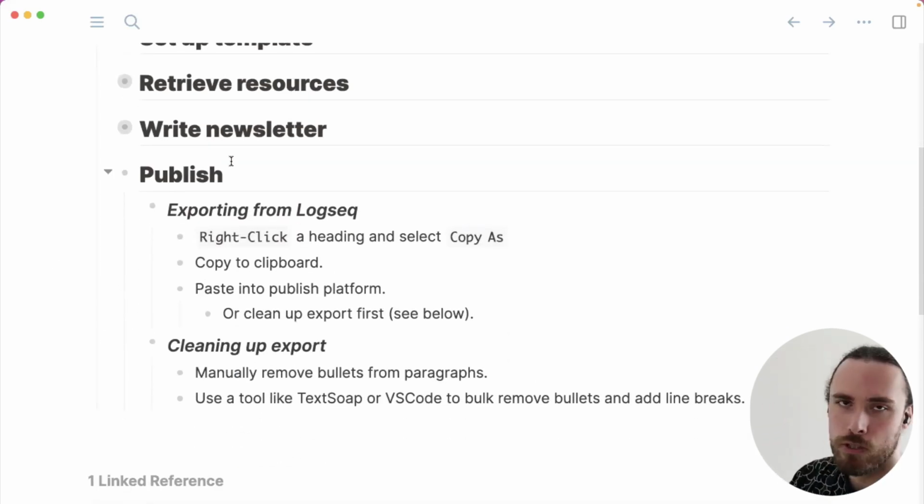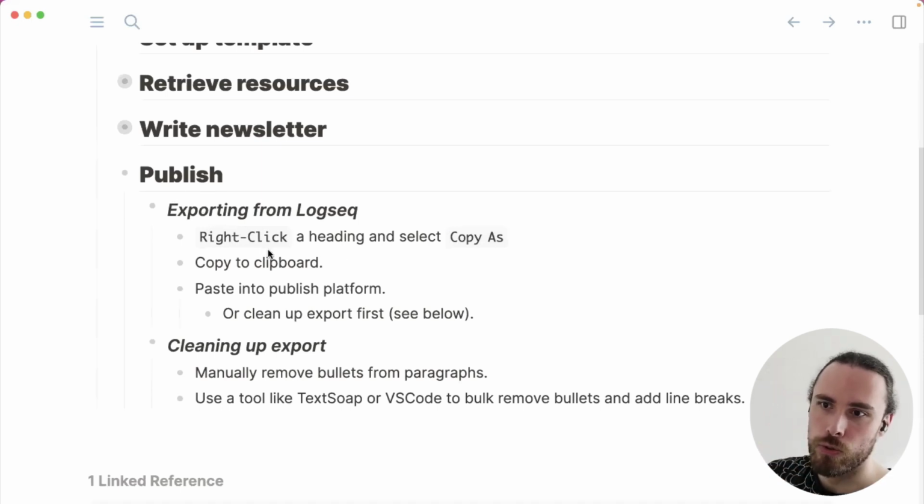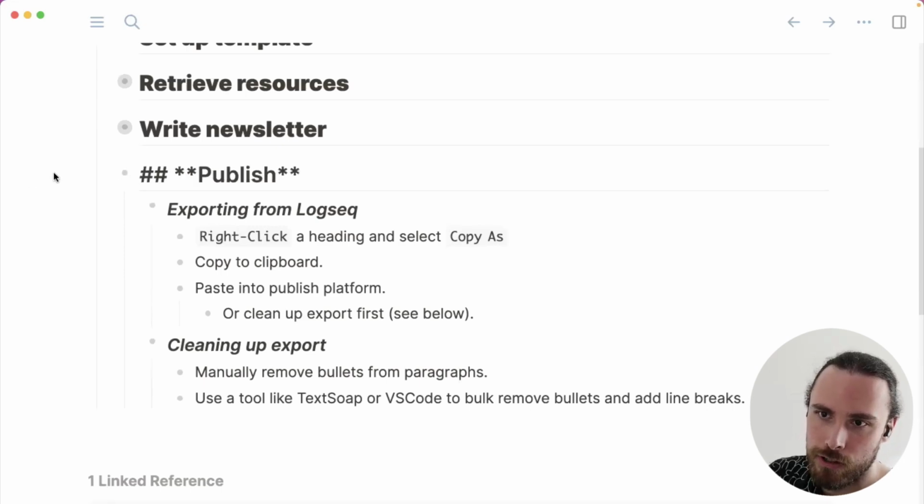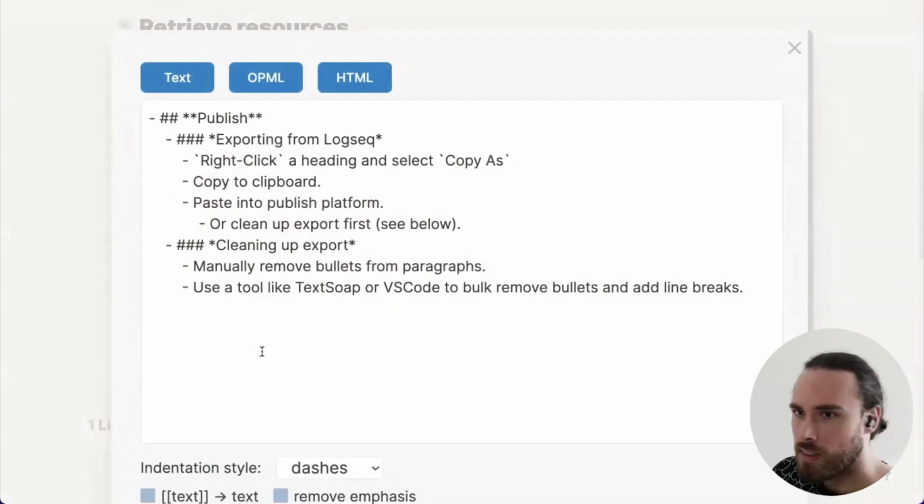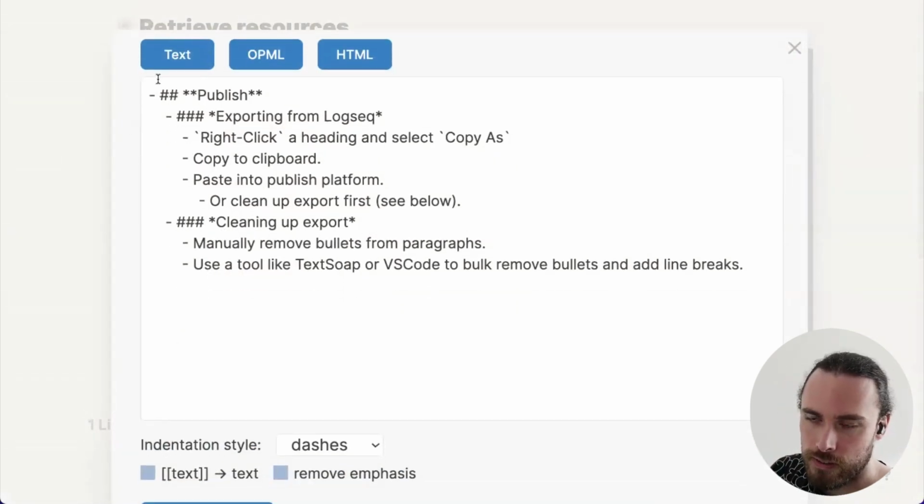So the simplest way is to right-click a heading and select copy as. For example, if this is a header for the newsletter, I just go header by header and select copy as, and the screen will open with basically the note or the branch